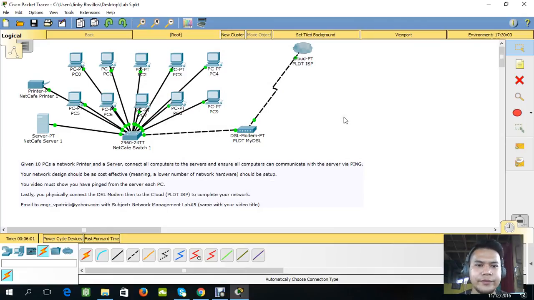After we put an IP address in each of the computers, including the printer and the server,